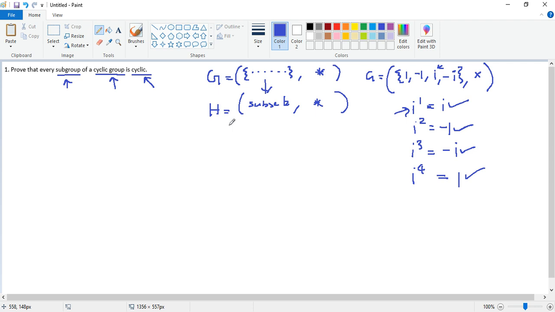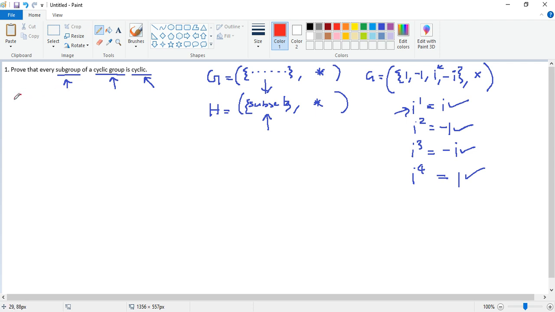If I take a subgroup, we have to prove that that's also cyclic, which means there will be one element in H which will be able to generate all the other elements in the set, right? So, how we can prove this is like first,